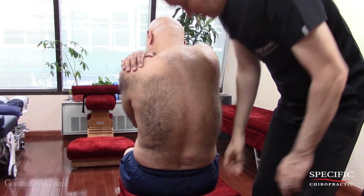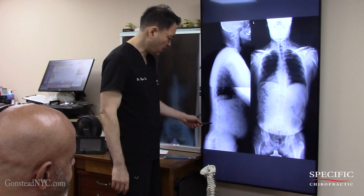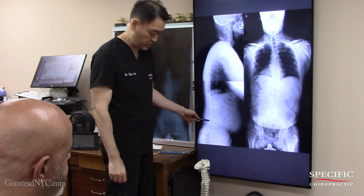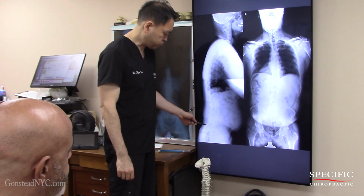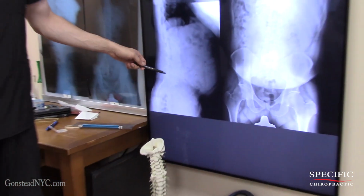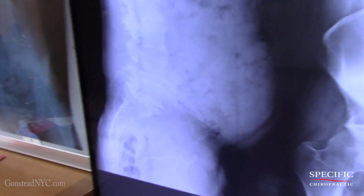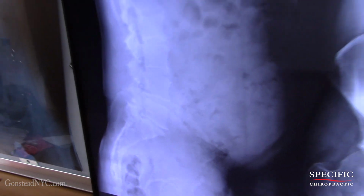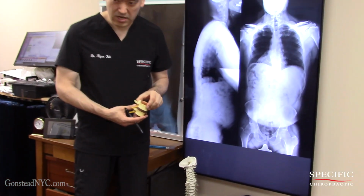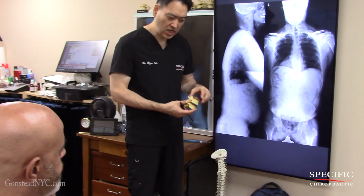Okay, so now let's take a close look at this. We have a DJD over here. It stands for degenerative joint disease. Basically this problem in there, the 2S, has been there for so long that this thing moved to compensate. To clarify what I mean, normal should look like this over here. Now because your foundation is unstable,